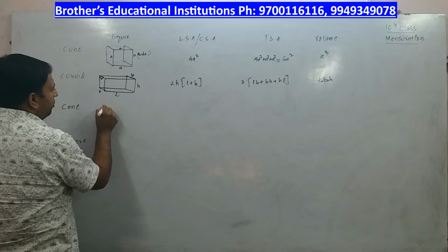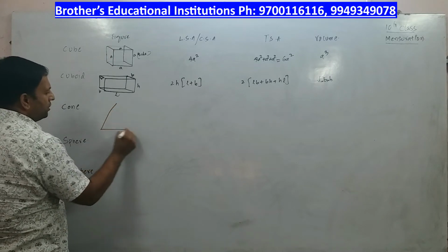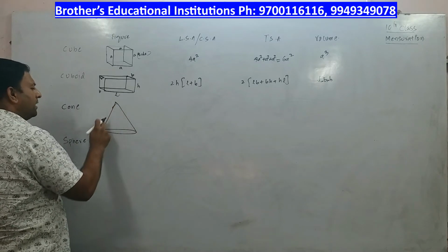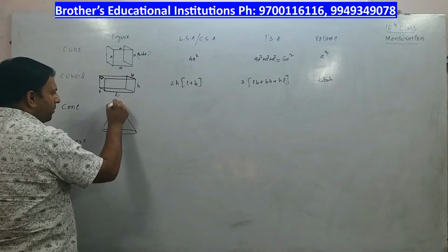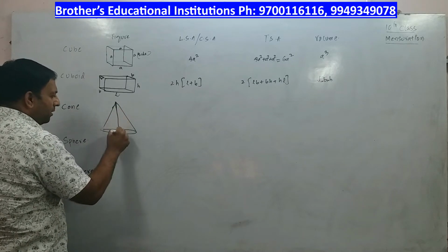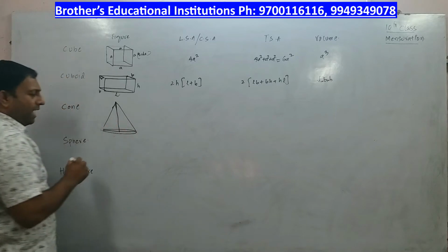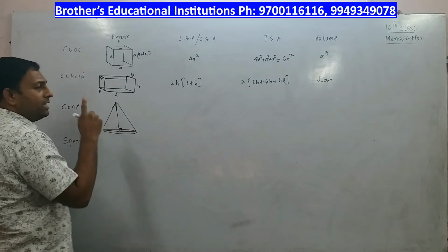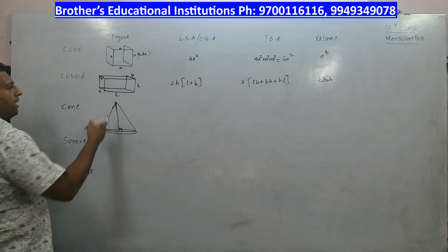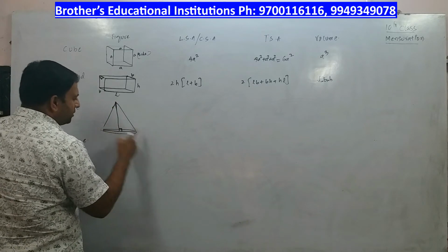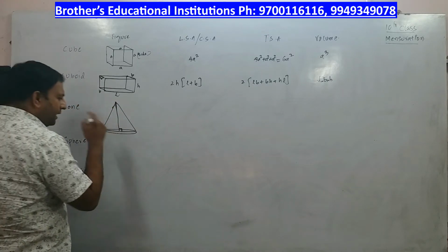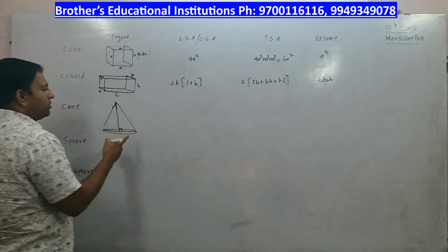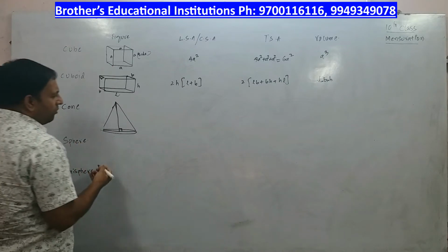Now when you are dealing with a cone, a cone shape is this, a right circular cone. Now what do you mean by right circular cone? See, try to understand. Whenever you drop a perpendicular from the vertex to the diameter of the circle, and if that is 90 degrees, you call such a cone a right circular cone. Means the line drawn from the vertex to the base passes through the center of the circle at 90 degrees, then such a cone is called what? Right circular cone. So what are the dimensions involved for a right circular cone?